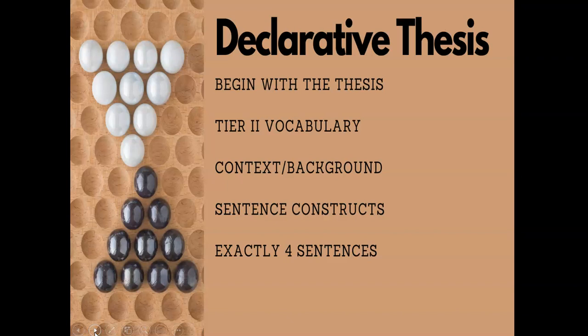I find that rhetorical analysis is one of the more geeky intellectual pursuits that we ask our students to do. So it's nice to cop a good academic tone without overdoing it. Ultimately, I want them to teeter-totter balance the colloquial, the vernacular, and the academic. So by tier 2 vocabulary, I simply mean your average run-of-the-mill SAT level word. From there, you're going to need a little bit of context and background without getting plot reiterative.